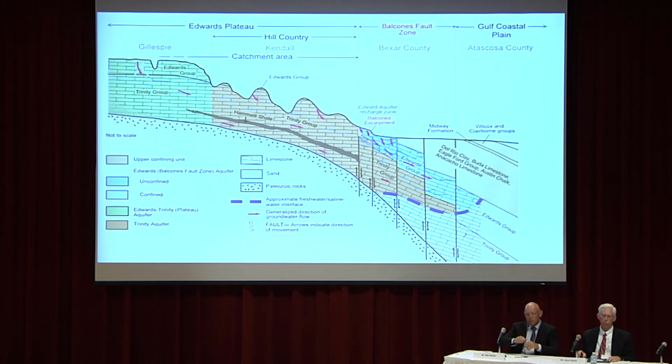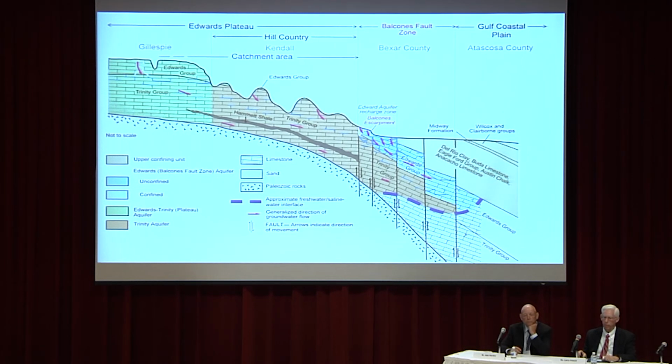This is a cross-section, so from the left to the right, basically going from west to east. This just gives you kind of the relationship. The green and much of that brown area is the Edwards Plateau Aquifer. It receives recharge from rainfall, probably some local stream flow and so forth. As water flows generally to the south and to the east, it enters into more confined conditions when you get to the fault zone, where it can produce some very spectacular groundwater discharges from wells, and